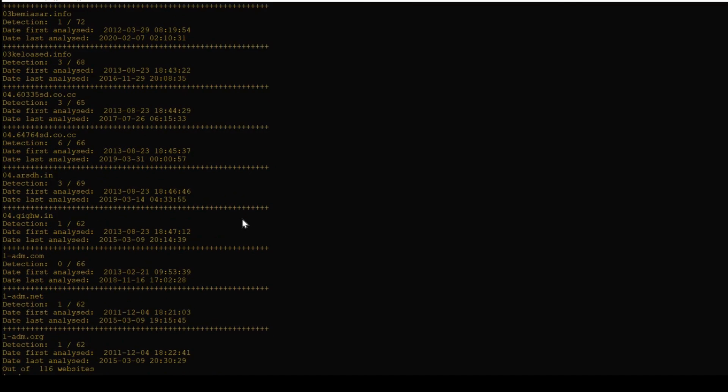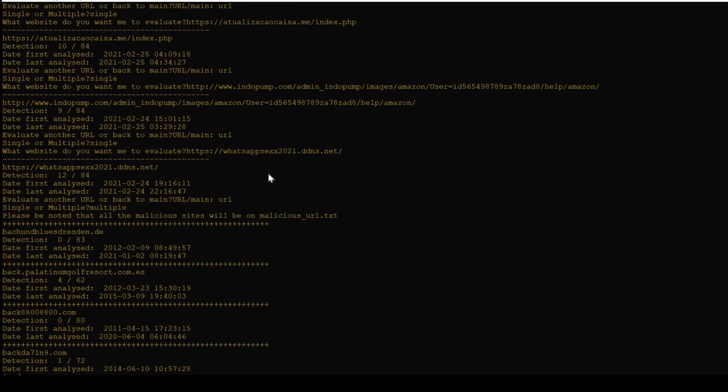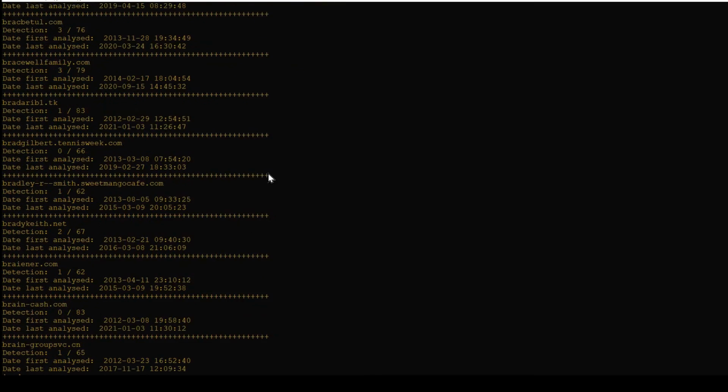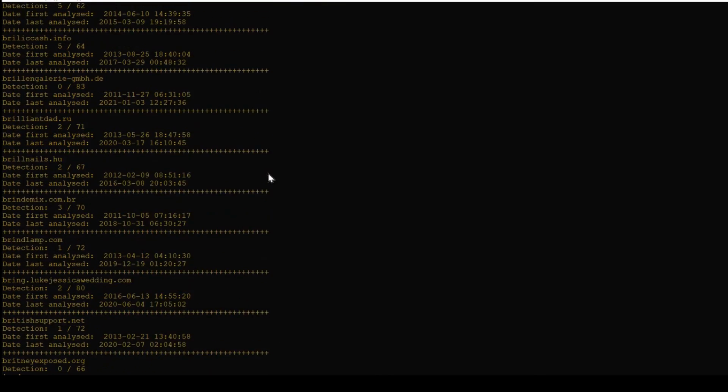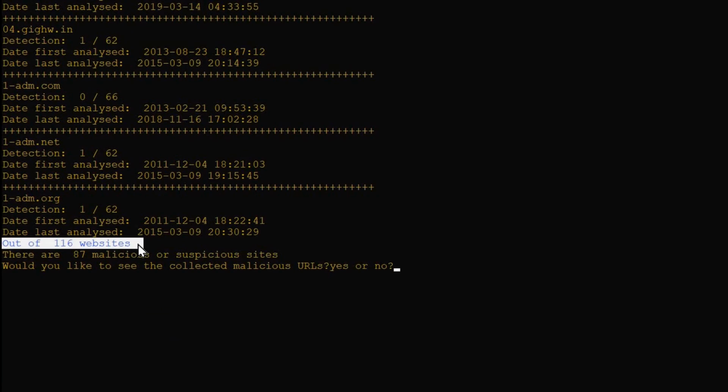Out of 116 websites, there are 87 malicious or suspicious sites. Done with my evaluation. Would you like to see the collected malicious URLs? Bit is done evaluating these sites right now. So to give you some breakdown here, here are the sites. Just to give you a simple view of the evaluation results, he just identified the number of sites that he evaluated, just 116, and